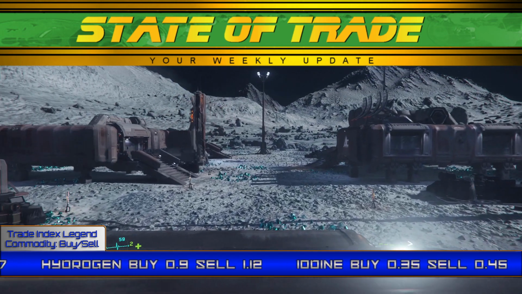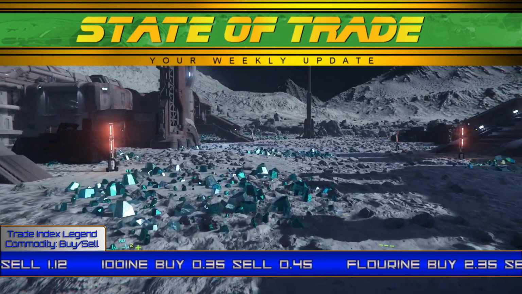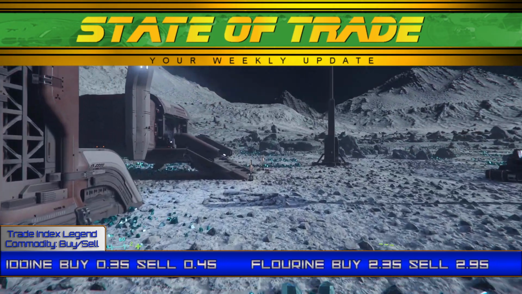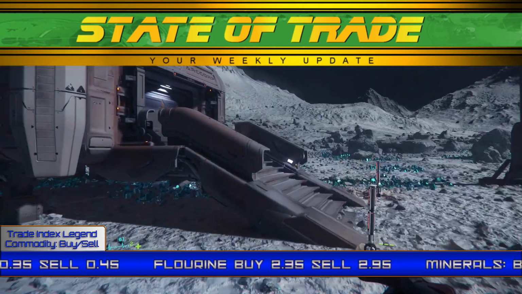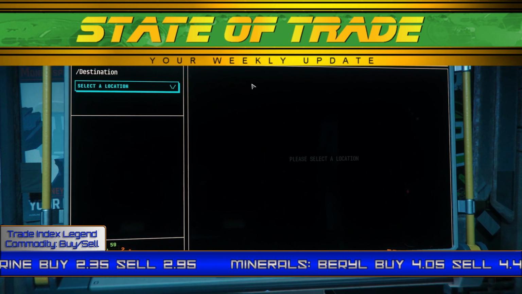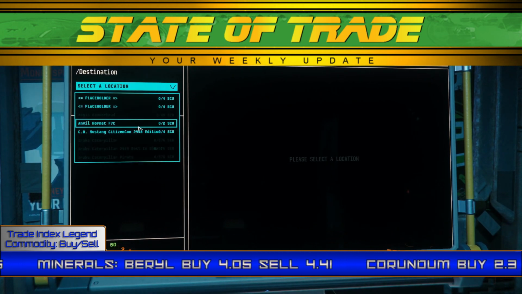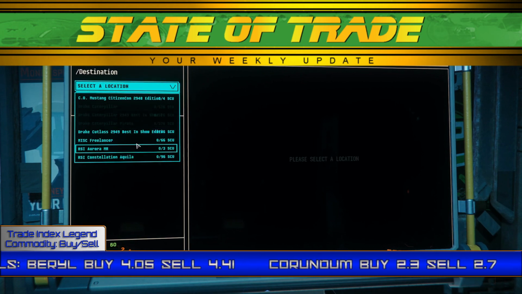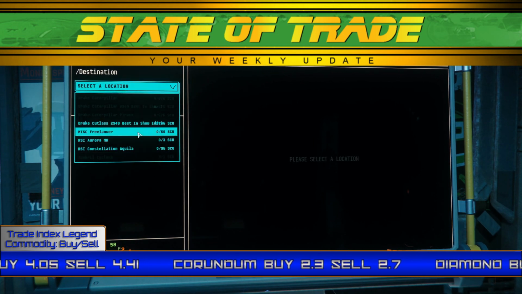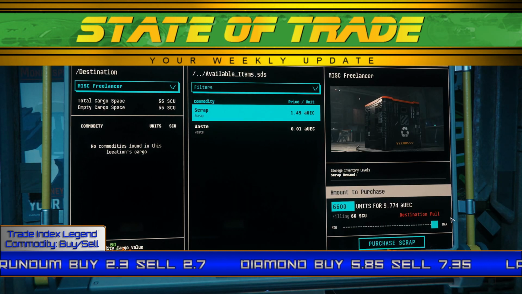Beryl experienced a minor bump to 4.13, slightly above a base of 4.05. Corendum saw the same activity and rose to 2.33 from 2.30. The scrap trade retains its popularity from previous patches, as prices at Grim Hex and Crew L1 reached a 1.50, up from a usual 1.35. Traders are encouraged to take advantage of the new faster quantum drives to acquire scrap at base pricing from other